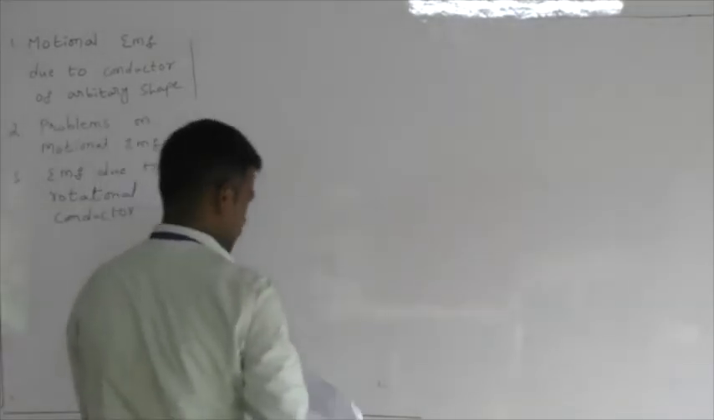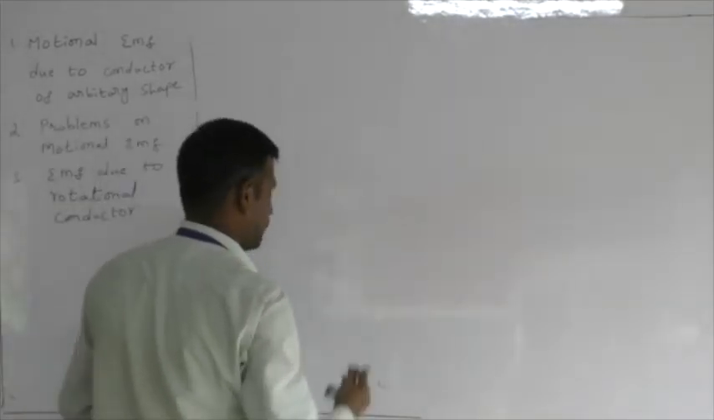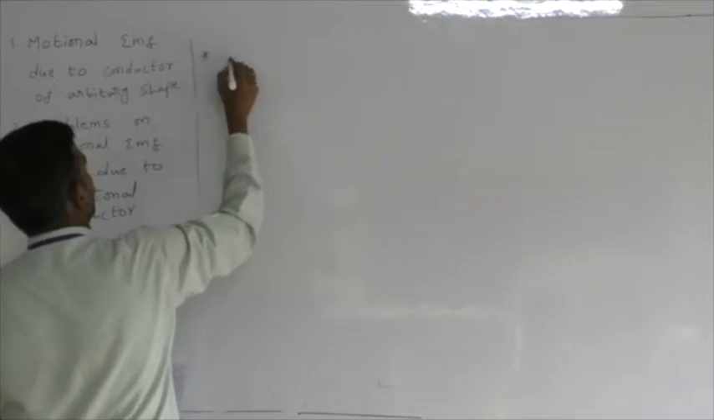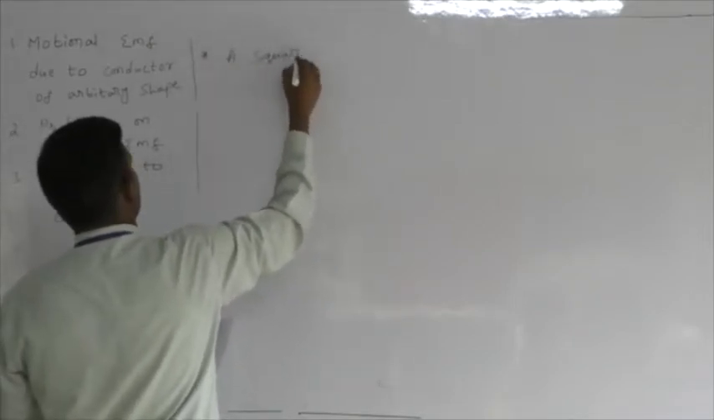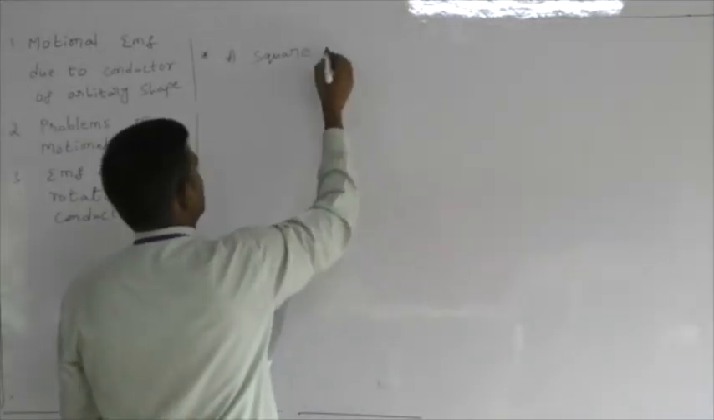See this question, it will be quite interesting. First of all, I will write what the question is, and then I will try to explain it to you. A square loop